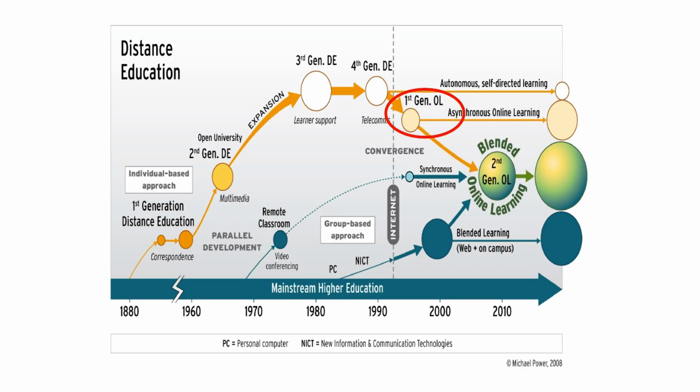This is where the convergence started. As you would see here, this is where the convergence started, and the convergence led more towards the development of online learning and what is called blended learning today. Blended learning is, in the American terminology, a combination of face-to-face and online learning, a judicious combination,